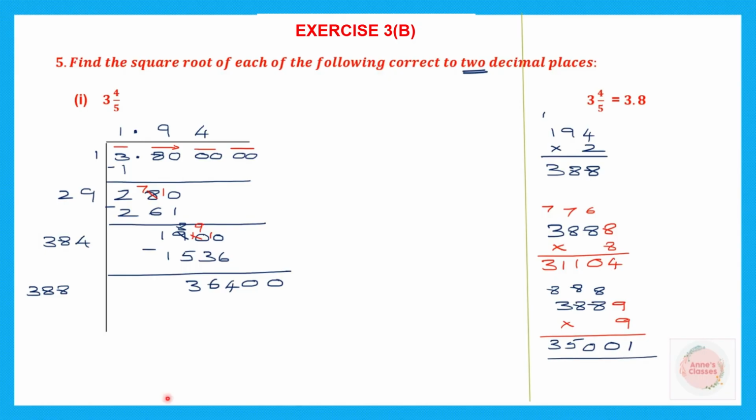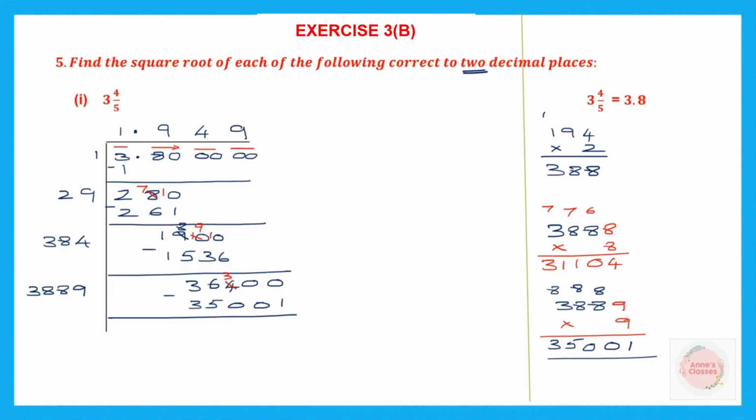Now that is closer to 36,000, isn't it? 35,000 is closer. So instead of writing 8 next to 388, we're going to put 9. So let's put 9 here. And in the quotient also, let's write 9. 3,889 into 9 is 35,001. Let's write that. 35,001 minus,